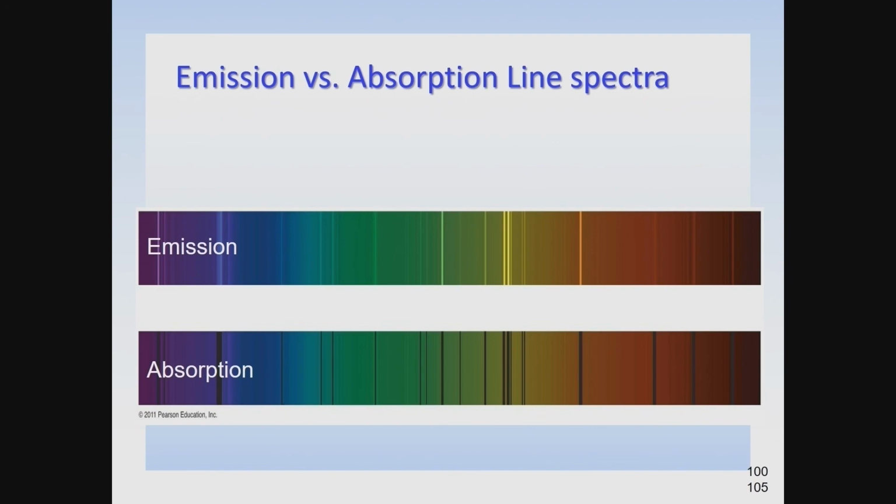Here, this particular element must be the same for the absorption spectrum as for the emission spectrum, because whether you have lines that are being emitted or lines being absorbed, they're in exactly the same location. So it just suggests that the element is exactly the same. It's just that with the absorption spectra, the element is taking away energy from the continuous spectra and